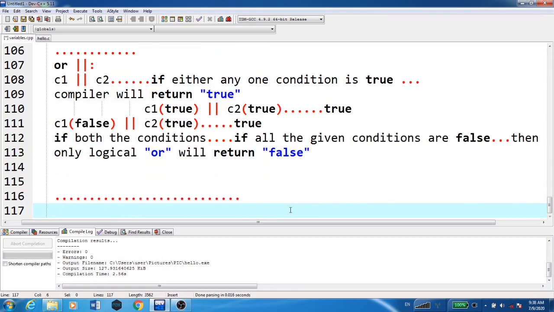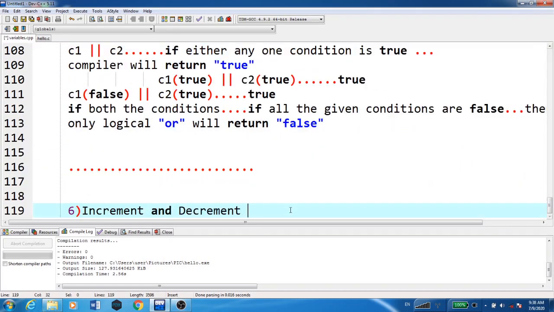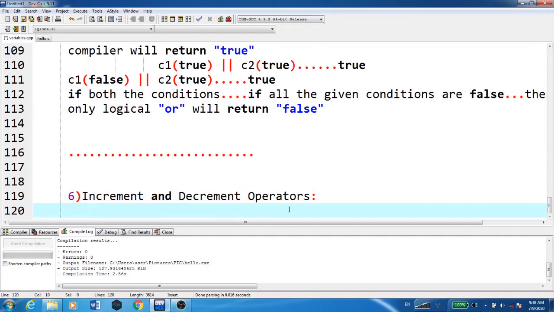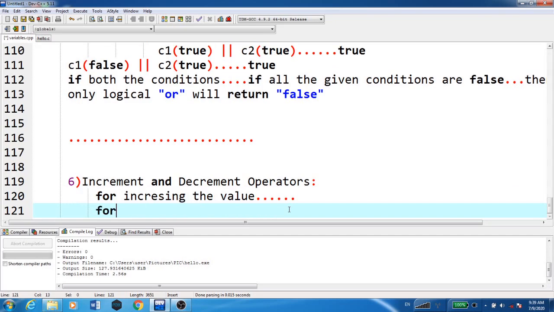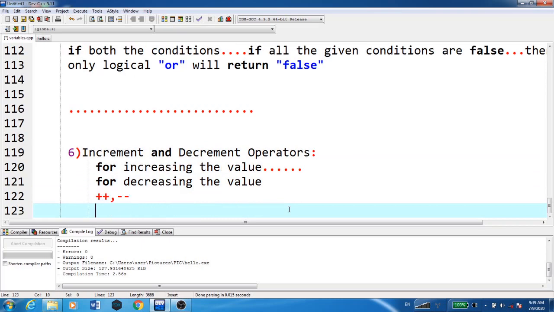Now, next is the increment and decrement operator. By seeing that name, we can understand that increment is for increasing the value and decrement is for decreasing the value. Plus plus and minus minus are the operators for increment and decrement.